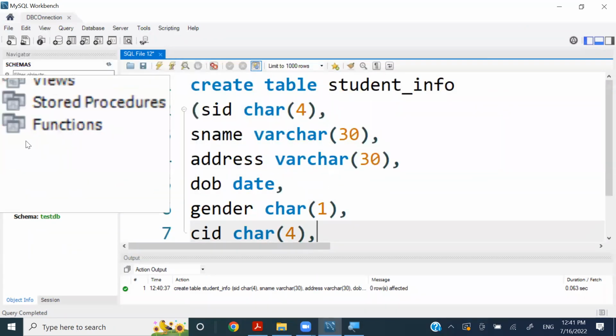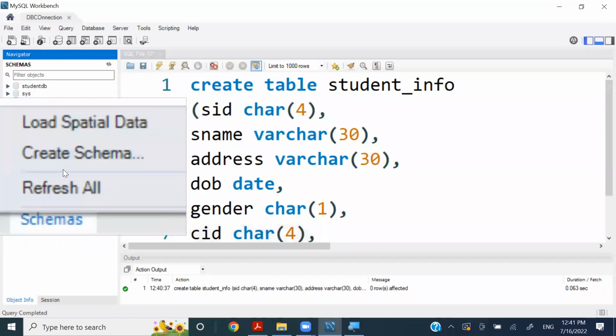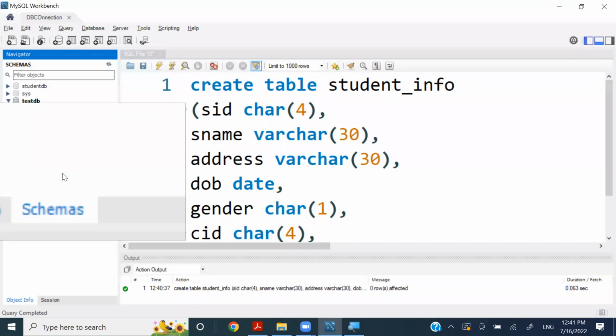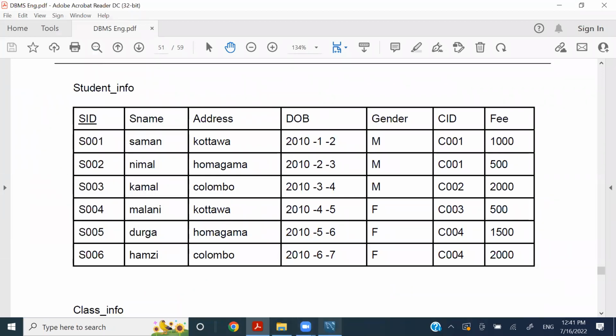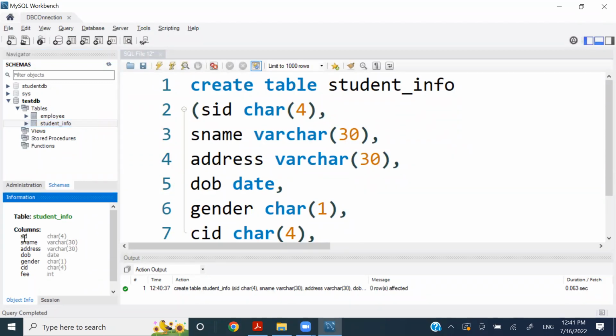To have that you have to go here and right click and there is something called refresh all. Once you have done the refresh all, then you will find that there is a table called student info. Then once you select student info you can see at the bottom